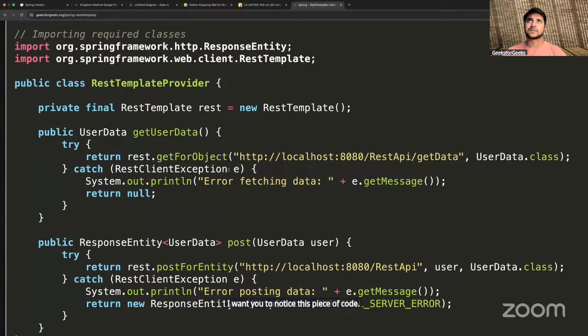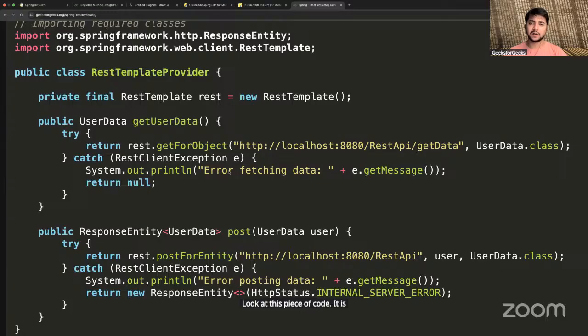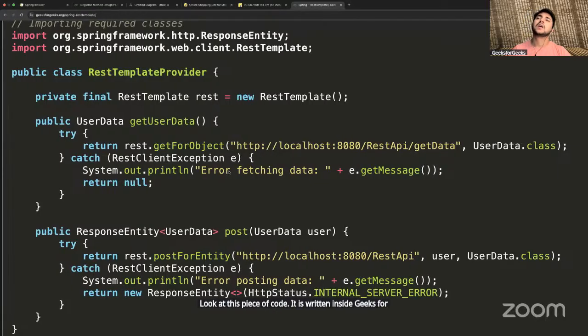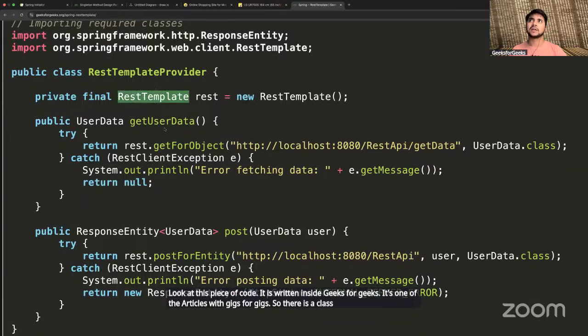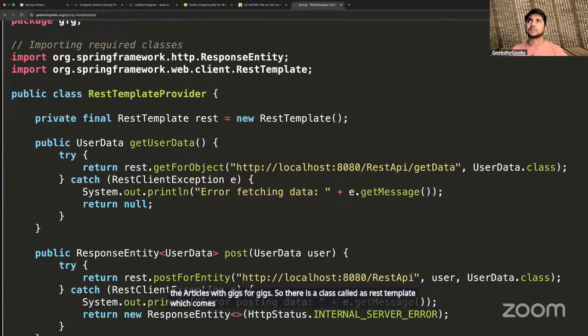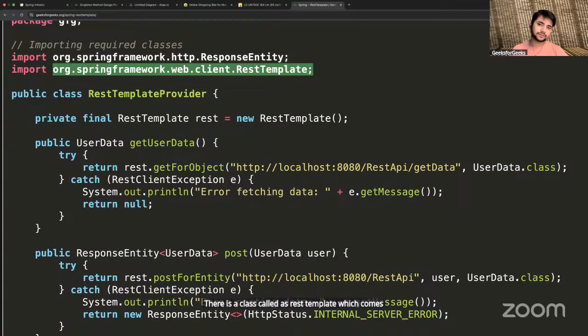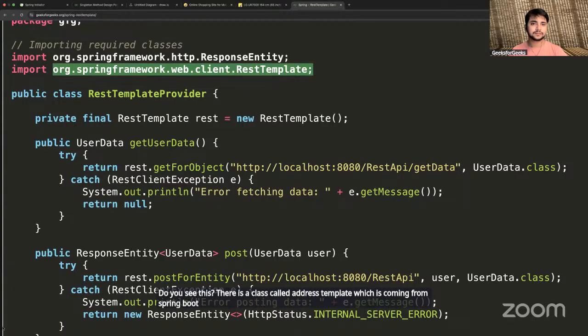It is written inside Geeks for Geeks, one of the articles there. There is a class called REST template, which comes from Spring Boot. Do you see this?